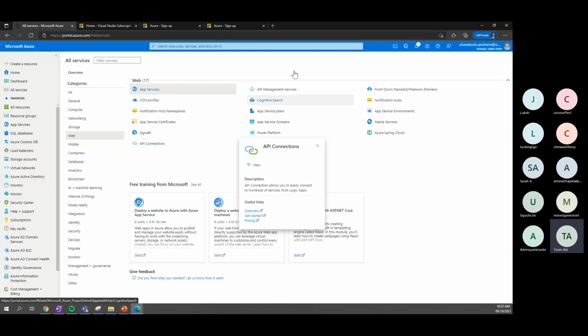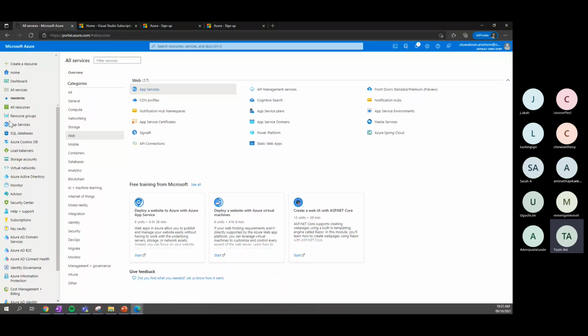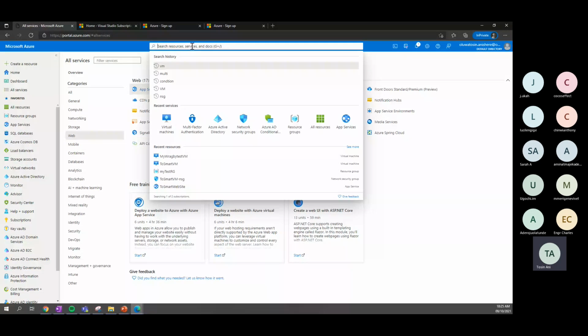But the search bar here is faster. The search bar is usually for if you know the exact thing you are trying to